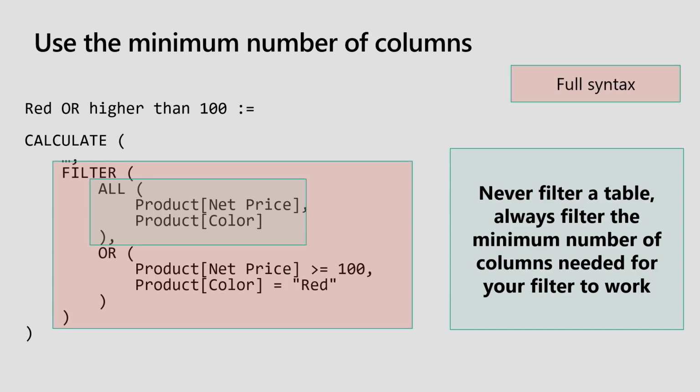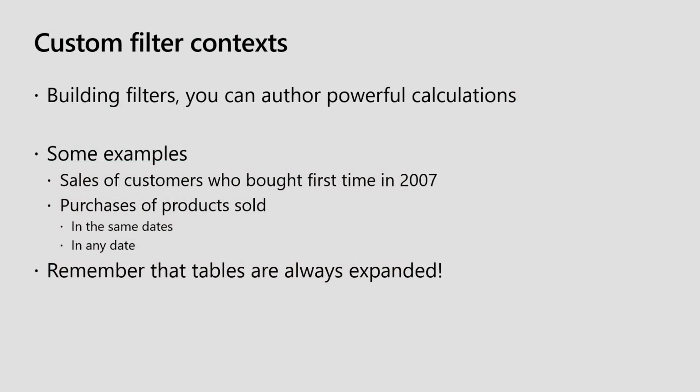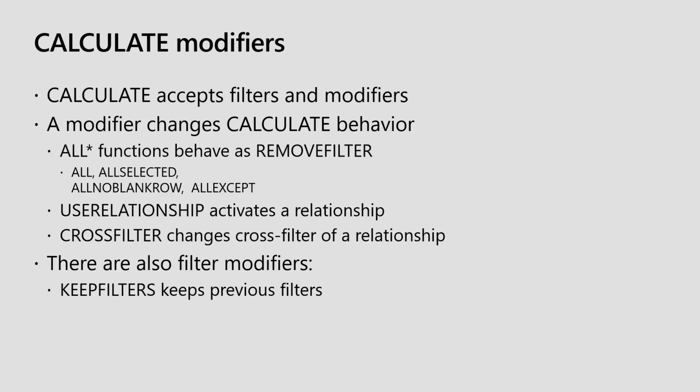Okay? Now, I can manage to not only add new filters, I could apply changes to the filter context, for example, removing filters. And there are other functions that can be used only in CALCULATE that are called the CALCULATE modifiers. I used one, KEEPFILTERS. KEEPFILTERS changes the behavior of how a filter is applied to the filter context. USERELATIONSHIP and CROSSFILTER change the current relationship and the direction of the propagation of a filter context. So these are specific filter modifiers that change the behavior of